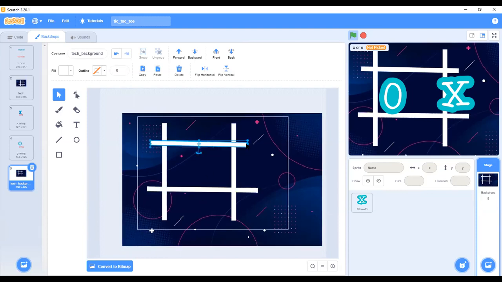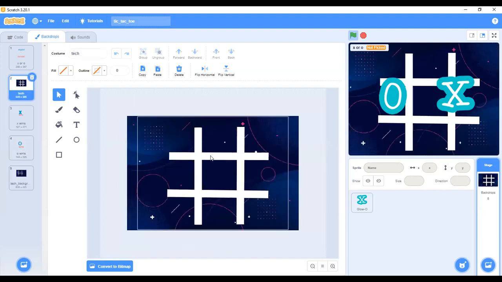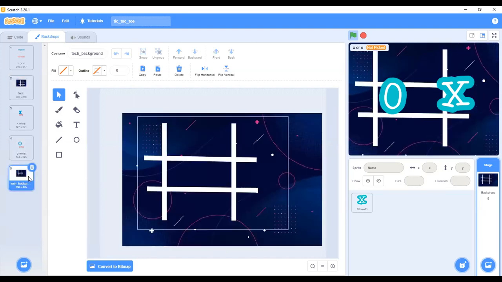Okay, so this is what I want to see. Let me delete this because there's no point of already having one here. I'm just taking you through how to create this.